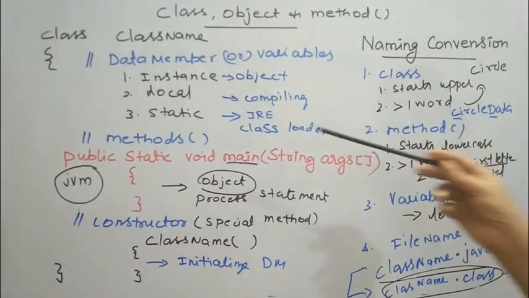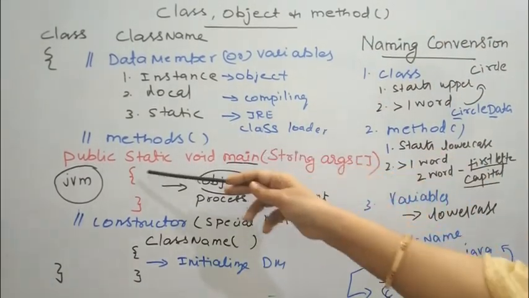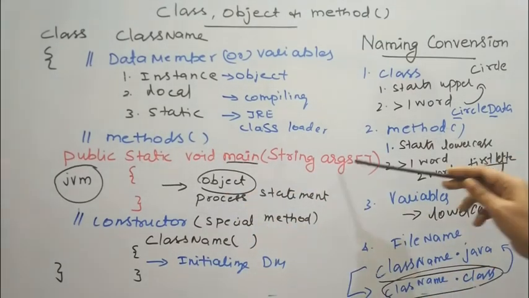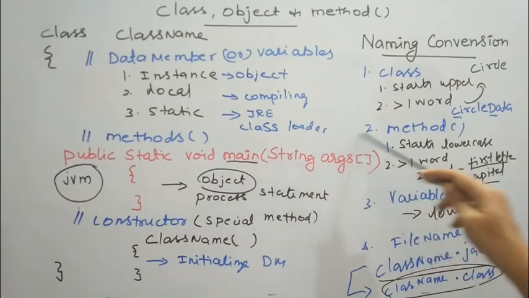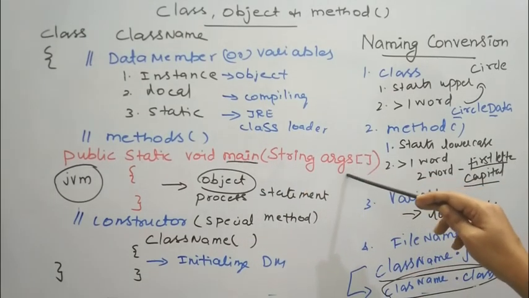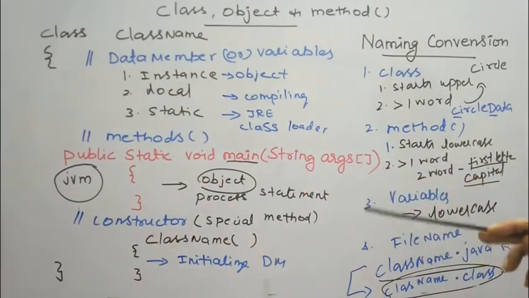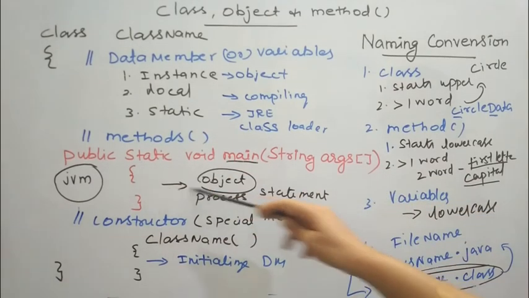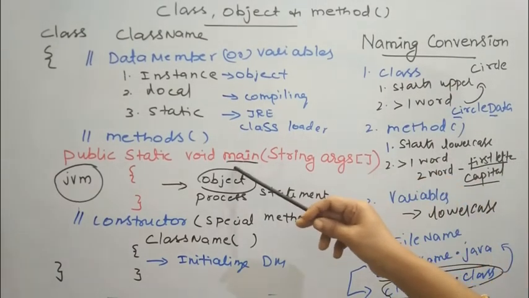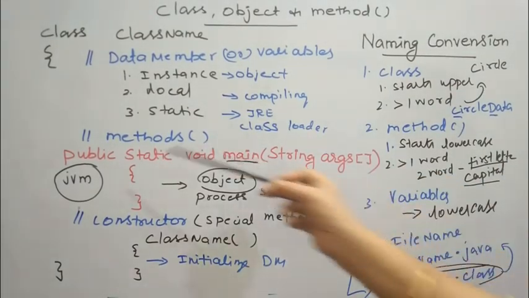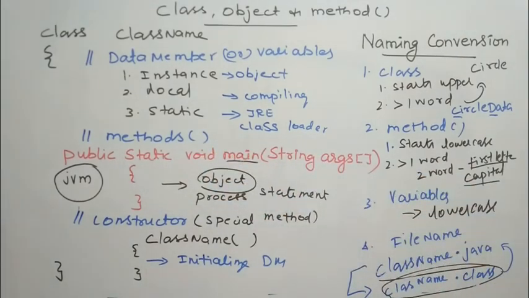And methods. The method contains a signature and implementation. In the signature we need to specify its return type, name of the method and the list of parameters or arguments within the parentheses. Then within curly braces we write the implementation for the method. Any one of the class definitions may contain this default main method. This is the default signature of our main method.